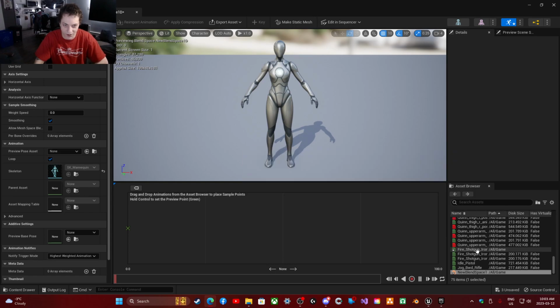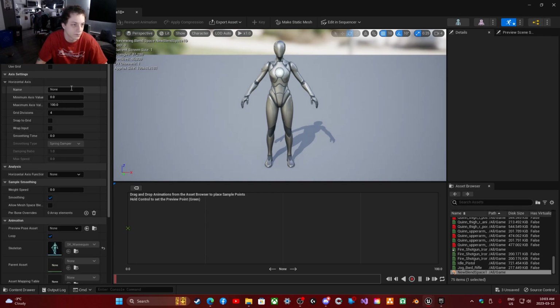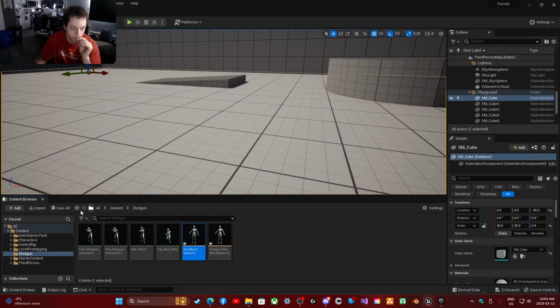What is going on? The speed. So we can just go into here, into axis settings, and this is going to be our speed. And then our maximum speed will be our maximum character speed. So in my case, it will be 500 because, if we go into third person blueprints, third person character blueprint, you will see if we select the character movement component and go into